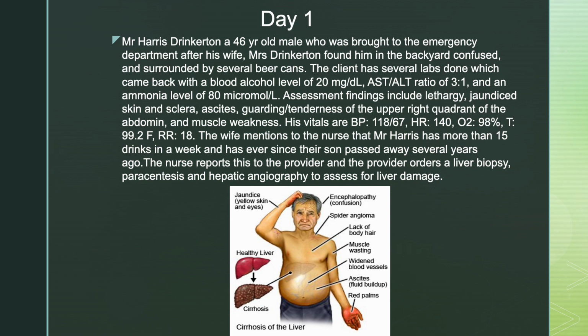AST ratio of 3:1, and an ammonia level of 80. The assessment findings include lethargy, jaundice, skin and sclera ascites, guarding tenderness of the upper right quadrant of the abdomen, and muscle weakness. His vitals are blood pressure 118/67, heart rate 140, O2 98%, temperature is 99.2, and his respiratory